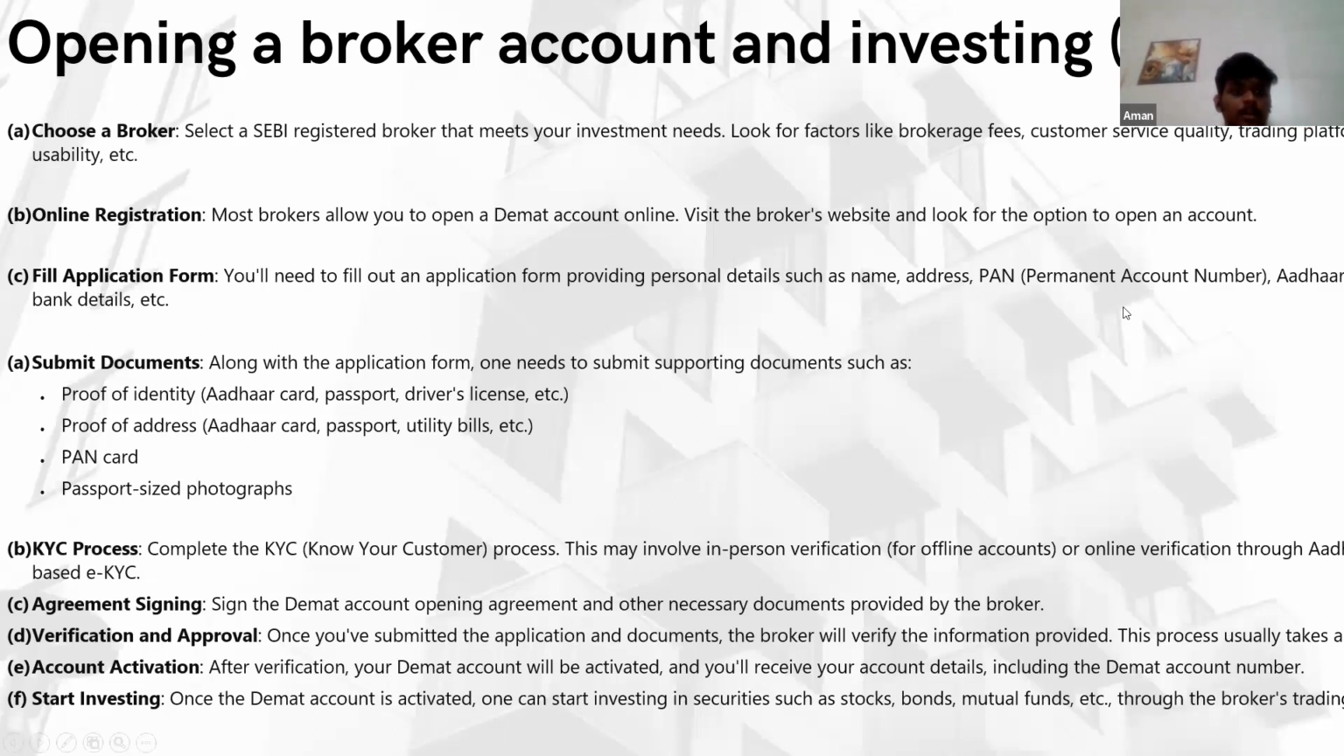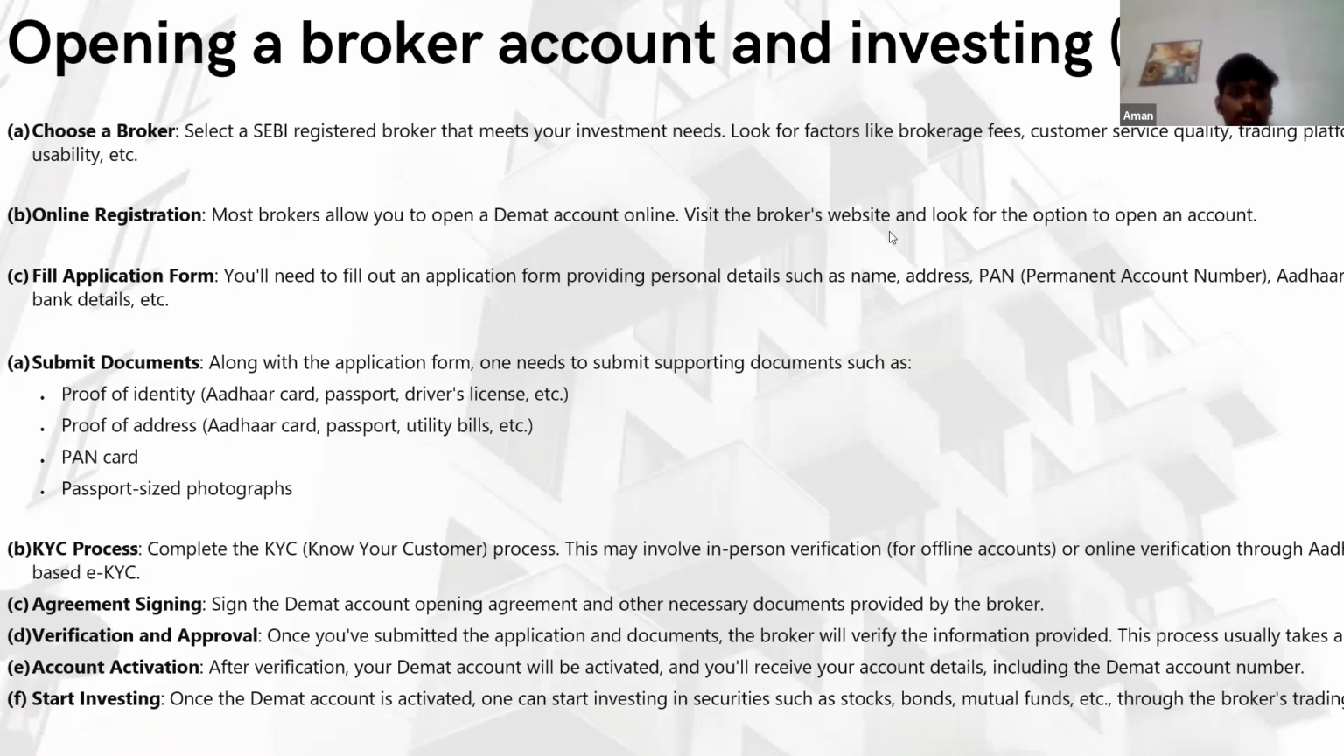Now, documents. There are two main types of identity. Please require a proof of identity and proof of address: Aadhaar card, passport, and driving license. Basically, any one of these three is accepted. And then PAN card and your passport photo are required. The passport photo is now replaced with video KYC and